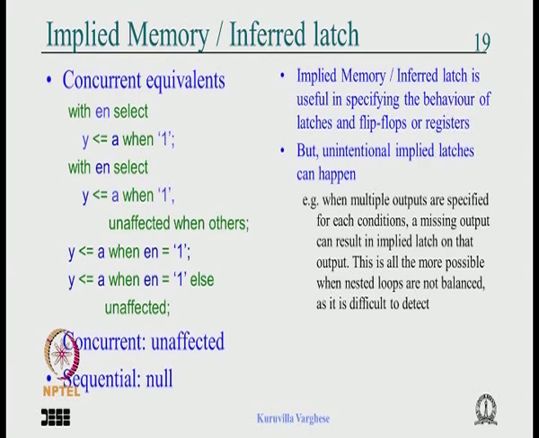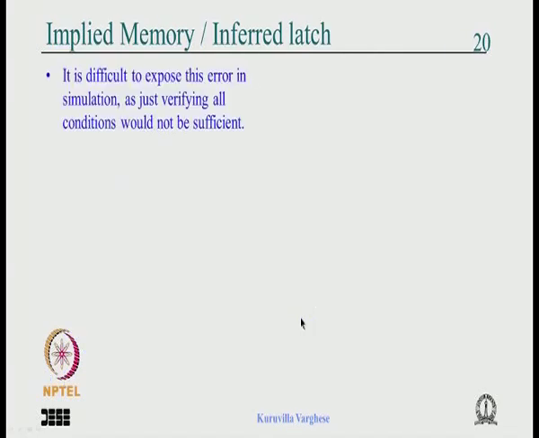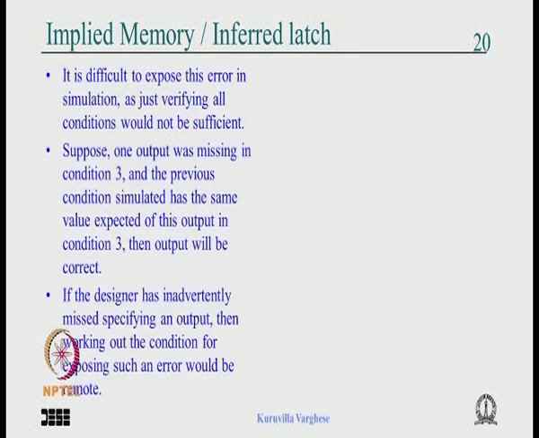That happens when there are a lot of nested loops, and if something is missing, particularly if it is not symmetric, it is very difficult to work out. And as I said, this can become an unintended kind of latch. The trouble with that, and it's one of the common errors I see people make in VHDL, is that if you make that error, it is difficult to debug because testing for